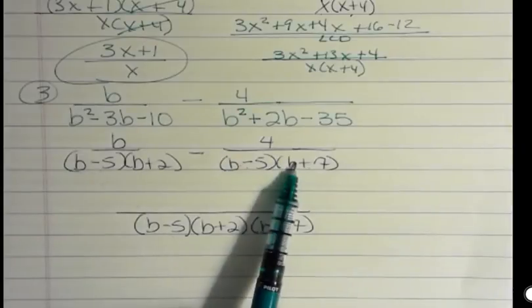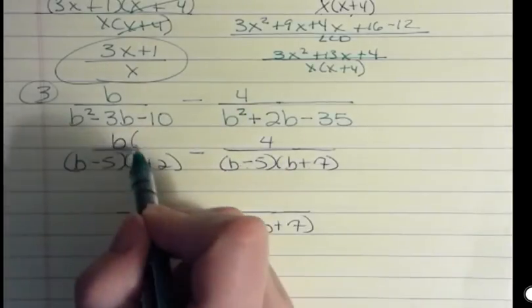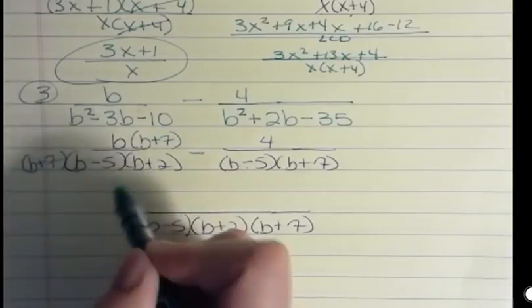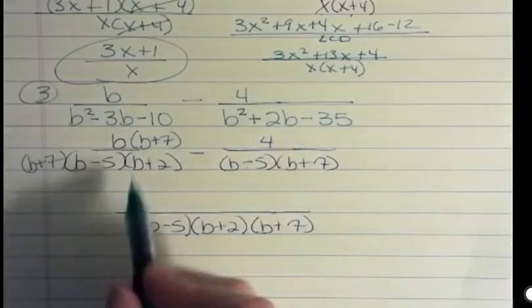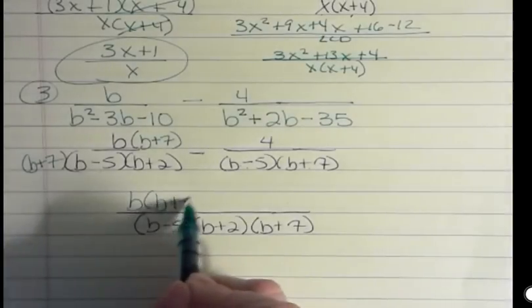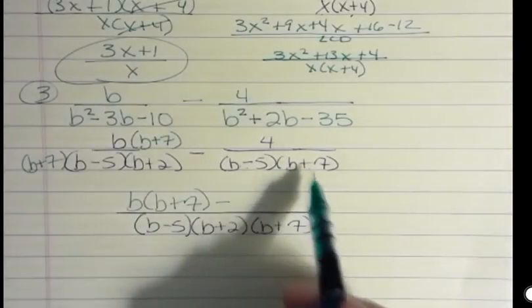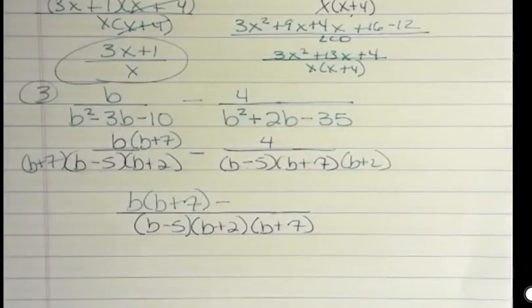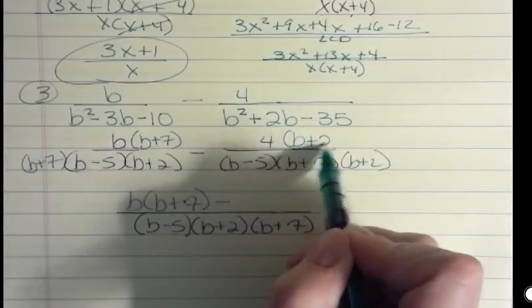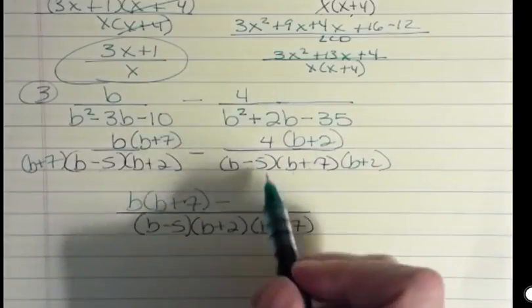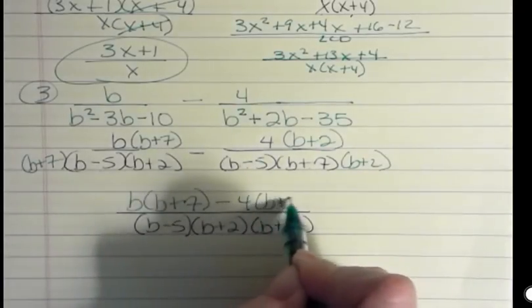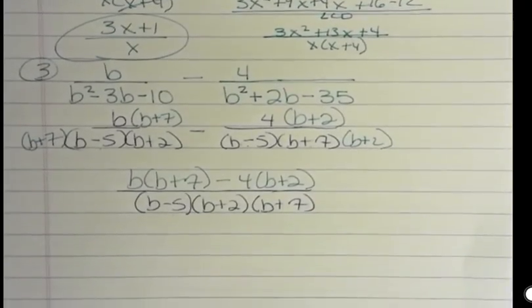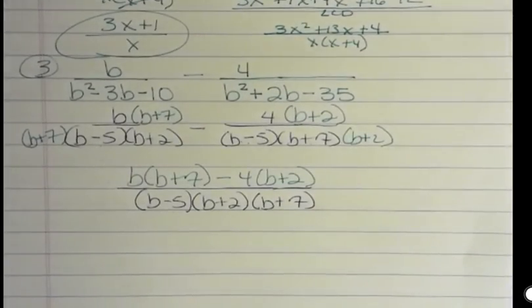This one is missing the b plus 7, so I'm going to have to multiply that times b plus 7. If I was to put it in the denominator, I'd have to put it in the numerator as well. So I have b and b plus 7. This one is missing the b plus 2. If I was to add b plus 2 into the denominator, I'd have to add b plus 2 here. And that would give me then 4 times b plus 2. So I've rewritten my numerators based on what was missing out of each fraction, and now I need to simplify